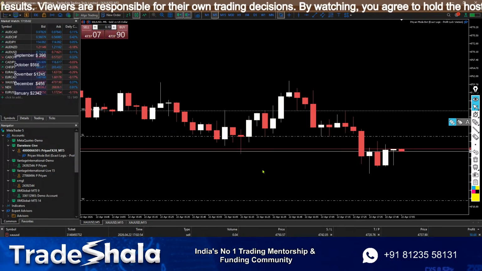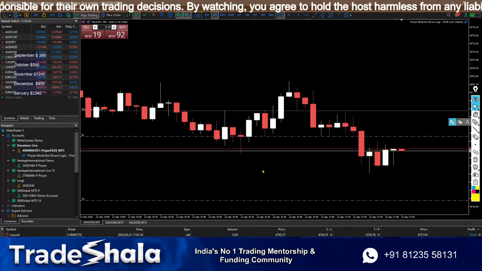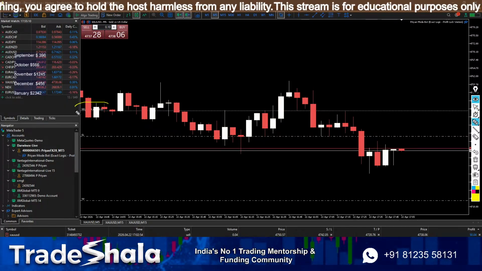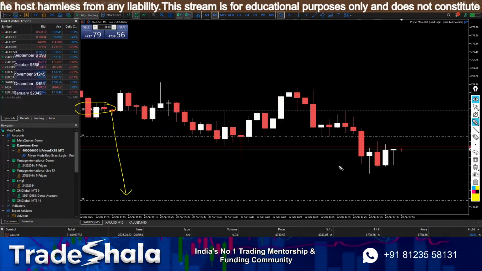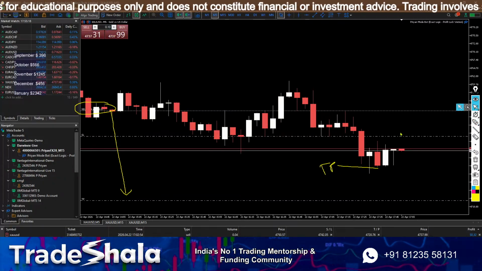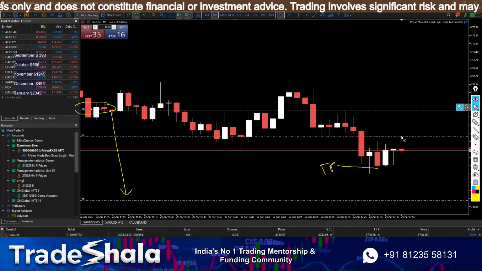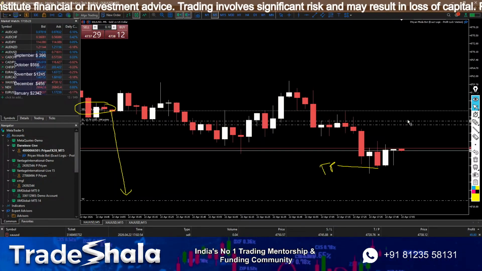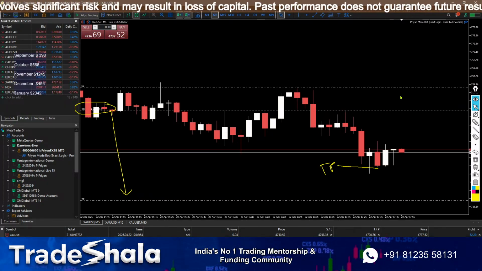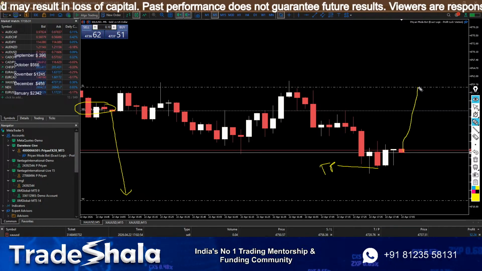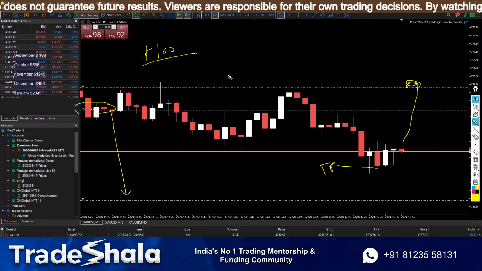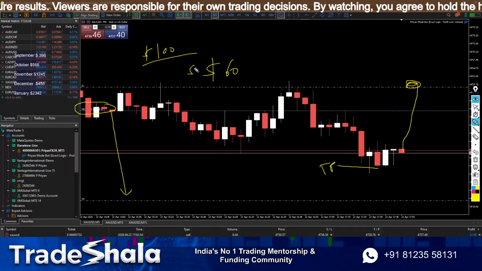That is one of the hard lessons which I had to learn in my trading as well. If I don't stick to the plan, let's just say this trade is over here, right? I've set my sell order over here, targeting this. I already took TP over here, half the position is done. I'm still in green. Now let's just say I feel this candle is going to come green, and I keep moving my stop loss like this over here, right? If that is the scenario, if this guy comes back and comes all the way and hits me till here, my $100 profit will be reduced, and I will only get $50 or $60 in profit.